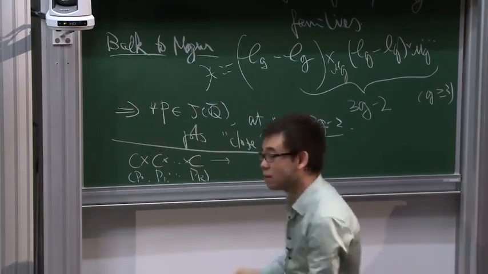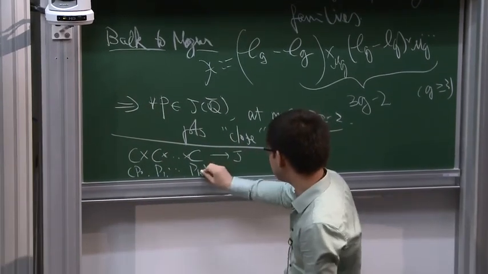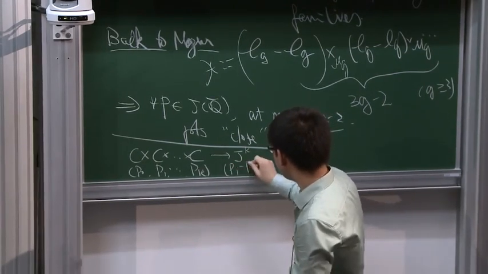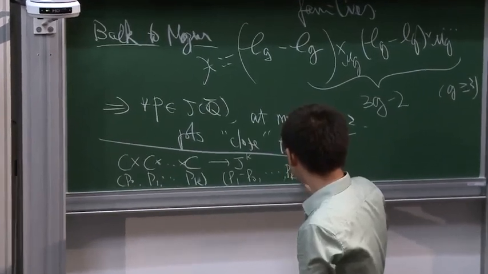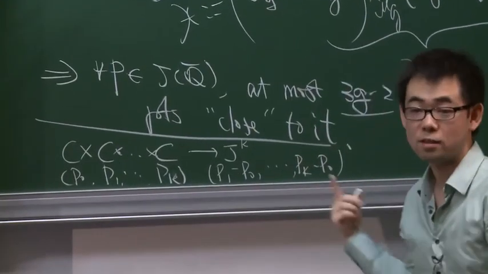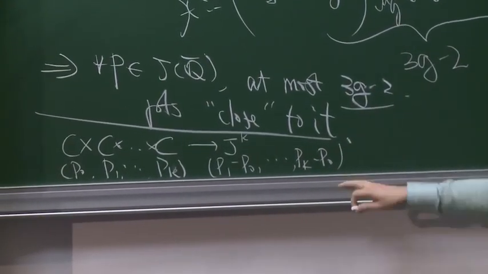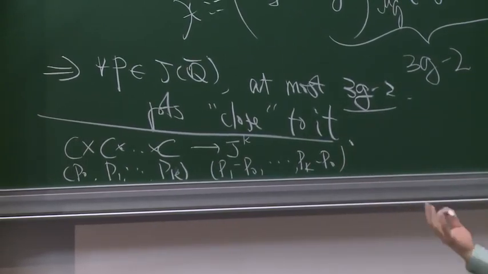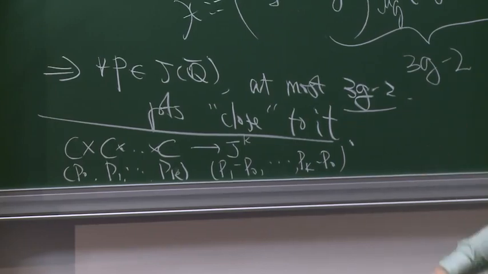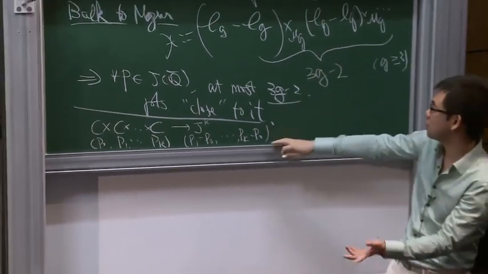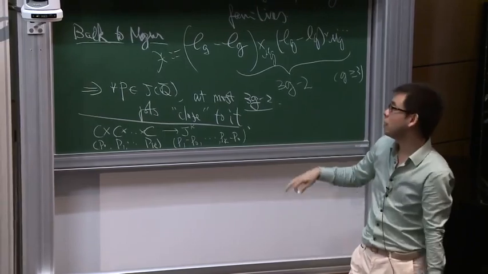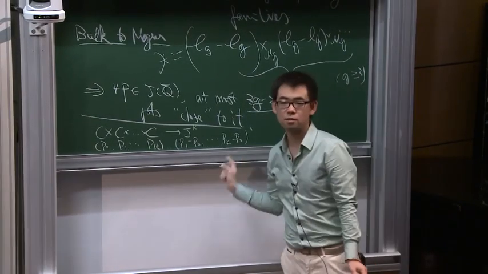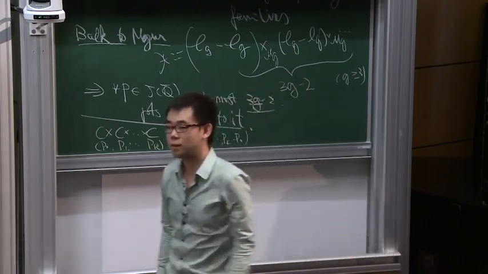The map we take is, this is k, p1 minus p0, up to pk minus p0. The map we take is actually this one. For this, as long as k is at least 2 or 3, then g equals 2 will also be solved at the same time. For one-parameter families, it's almost equivalent to take this one and this one. It doesn't matter. But actually, when we work on this, even for g at least 3, it's simpler to take this one just for the proof.